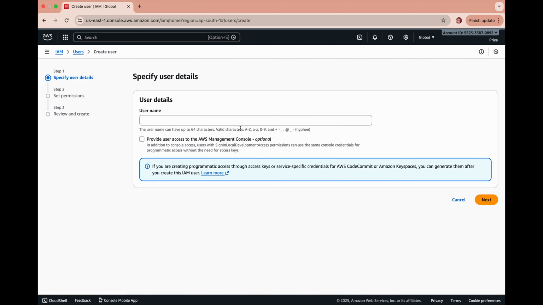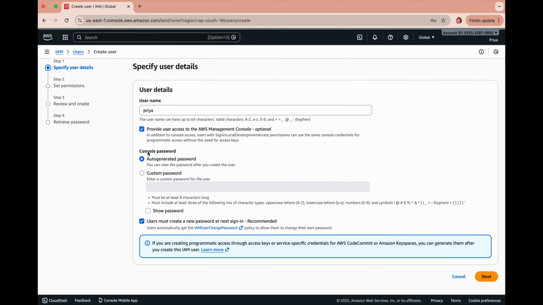Click on create user and give a username. I'm giving Priya, you can give any username you want. And right here, this is a checkbox. If you want to provide AWS Management Console access to this user, you can check it. And then there are two options for password: auto generated password and custom password. Auto generated password means you don't have to create your own password, it will be auto generated. And if you select custom password, you can create a password as per your choice. So I'm going to select custom password and create a password. And if you want the user to create a new password on first login, you can check this box. I'm going to uncheck it